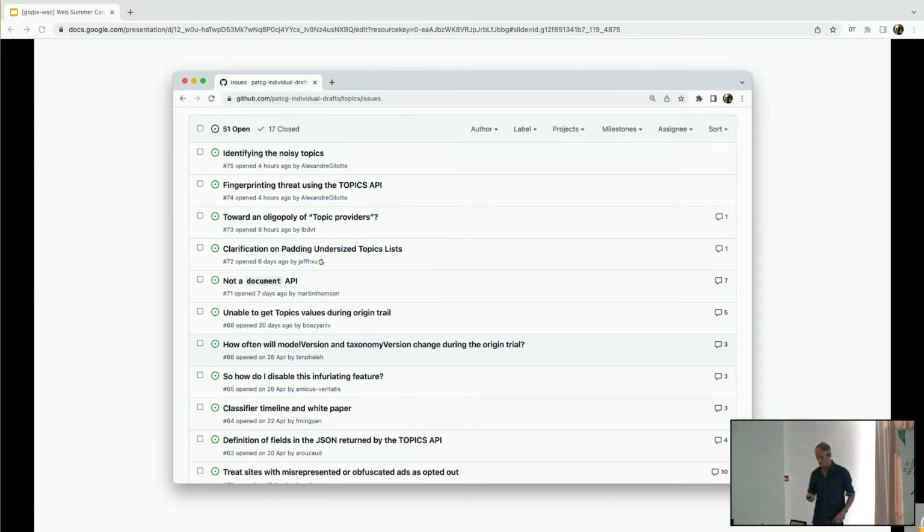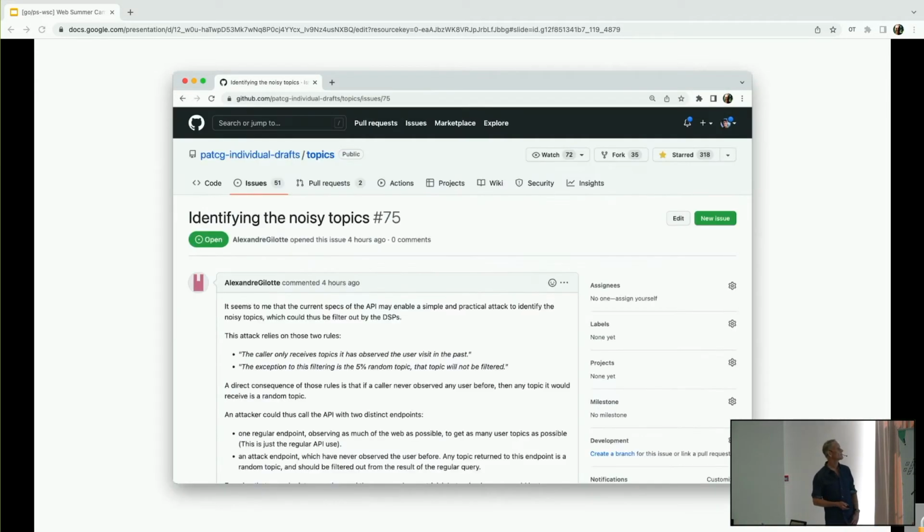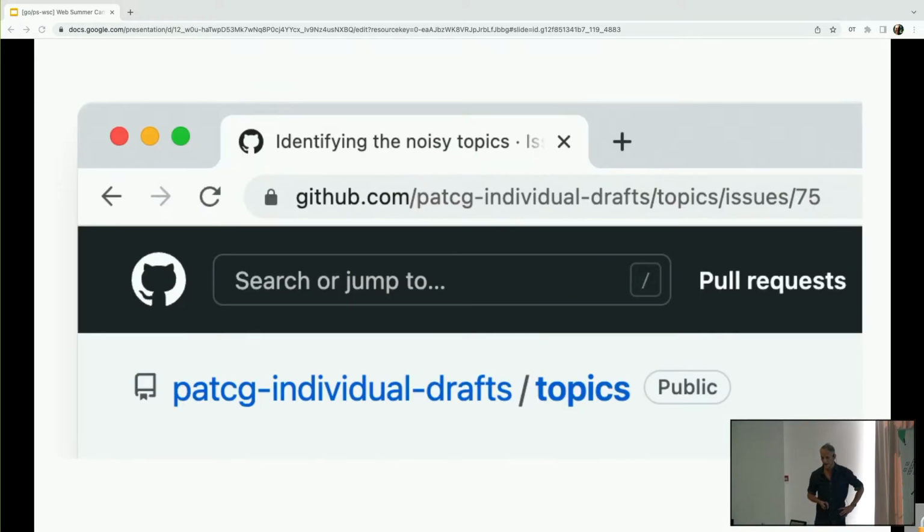This is where the interaction really begins. This is an example of one of the first questions, a typical issue that's posted on GitHub. If you have comments about these proposals, that's the place to do it, by raising issues on GitHub with the proposal explainer.